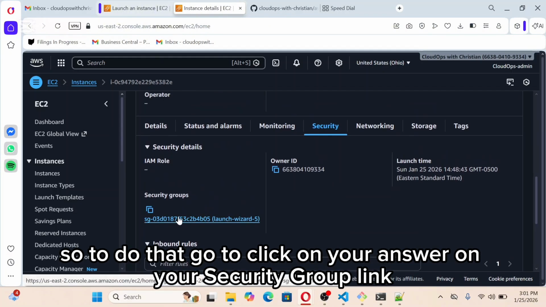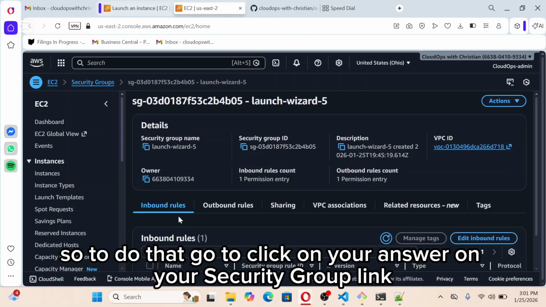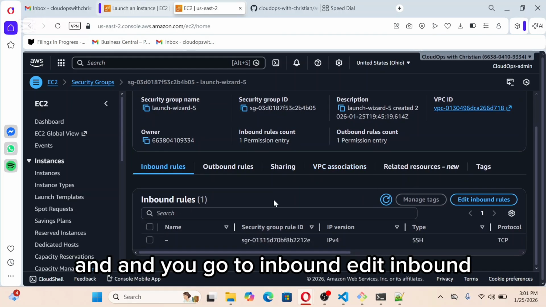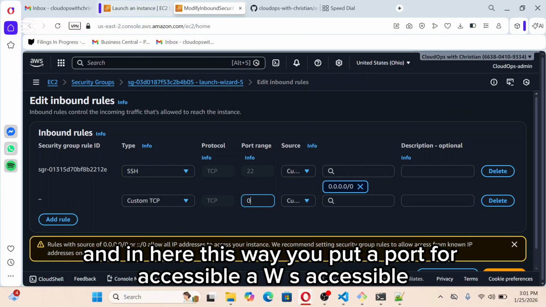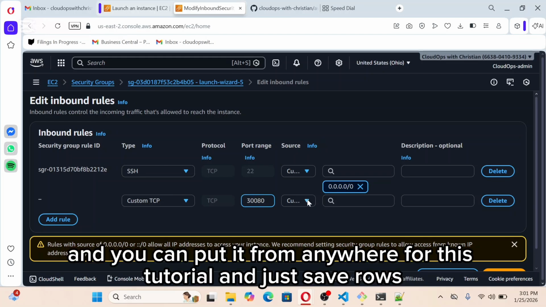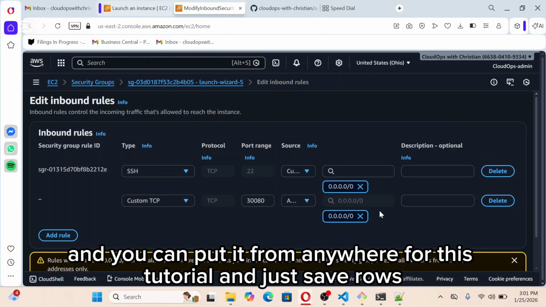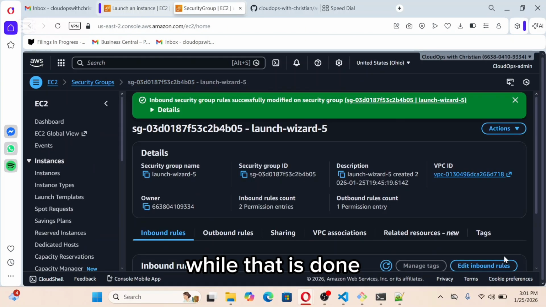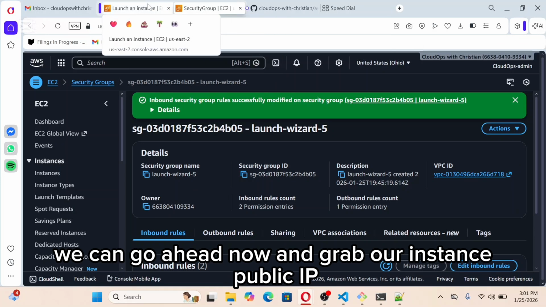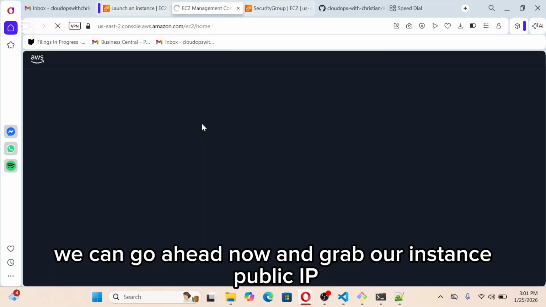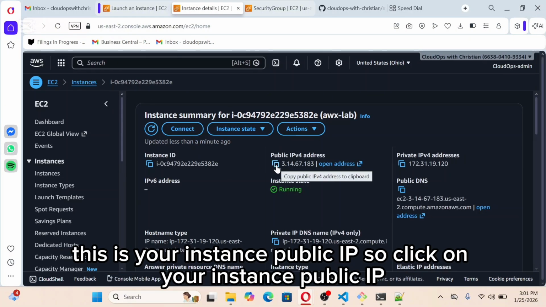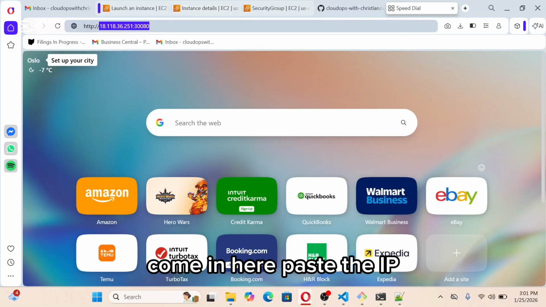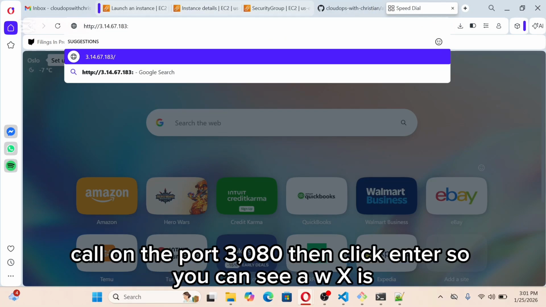To do that, click on your security group link, go to inbound, edit inbound, add a row, select custom TCP, and in here is where you put a port for AWX Ansible. So it's going to be 3080, and you can put it from anywhere for this tutorial, and just save rules. While that is done, we can go ahead now and grab our instance public IP. This is it. This is your instance public IP. So click on your instance public IP, come in here, paste the IP, colon the port